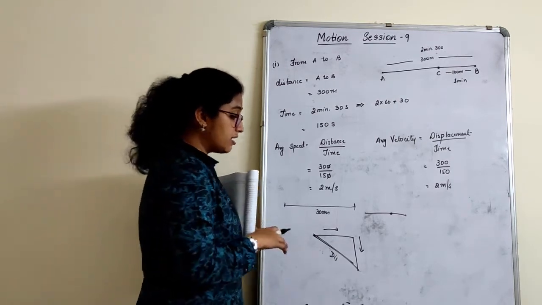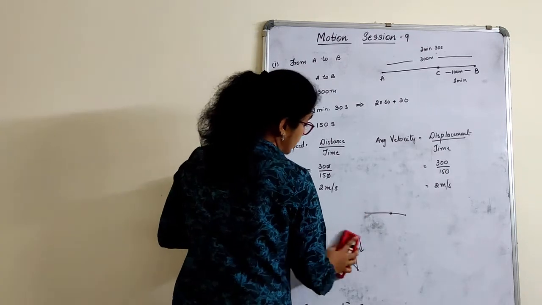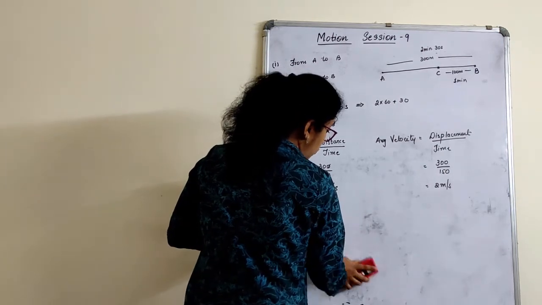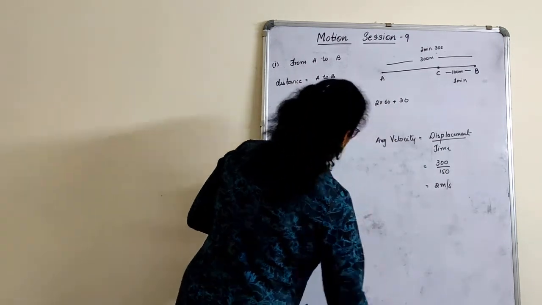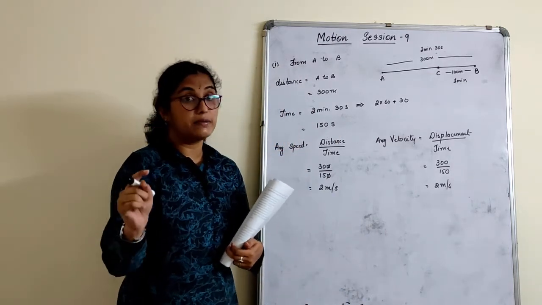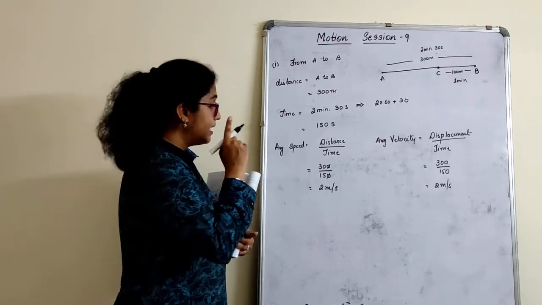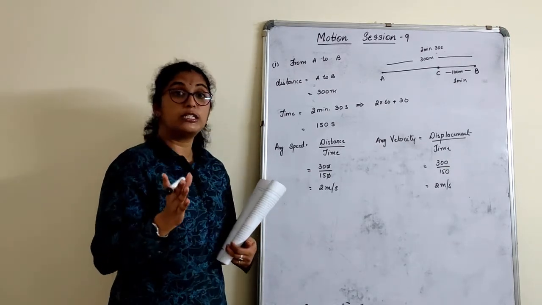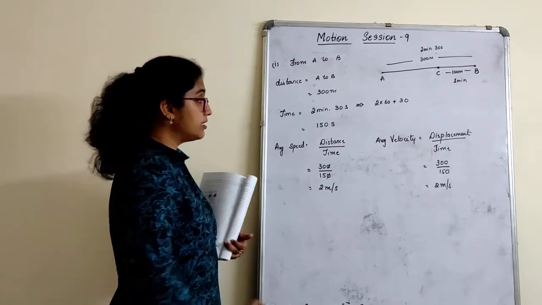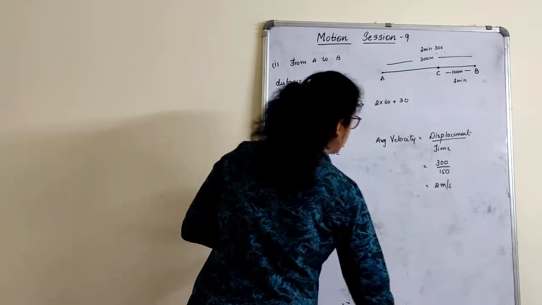So under what circumstances is the distance traveled, or you can say the average speed of a body, equal to the average velocity? When distance and displacement are the same. That is, when the body is travelling in a straight path, distance traveled and displacement are the same. Hence the average speed and average velocity will also be the same. So in this case both are the same. Let's go to the second condition.